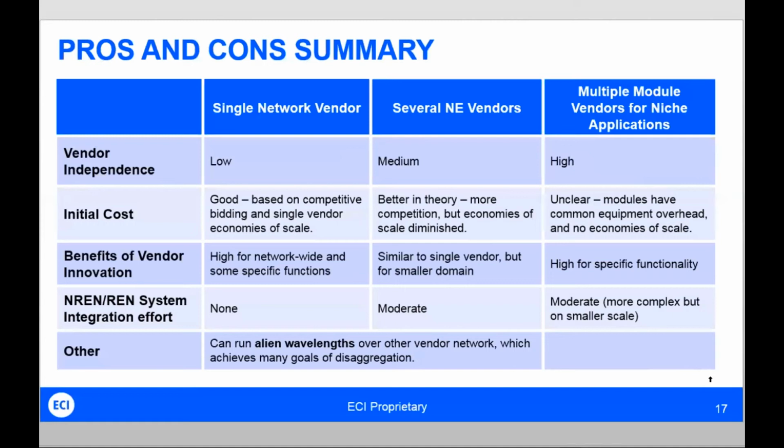When you have several NE vendors together and you're having to orchestrate them under a common umbrella, again, I think you can start to see some of the work that needs to take place, particularly when you want to start presenting single GUIs with a common look and feel to your network operations center personnel, and also dealing with situations where you have optical signals spanning multiple vendor networks and making sure that you have all the tools in place to monitor their performance and to troubleshoot them when things go wrong. So there is some level of investment that needs to take place, and it might be more than you would consider if you haven't done that kind of thing before.